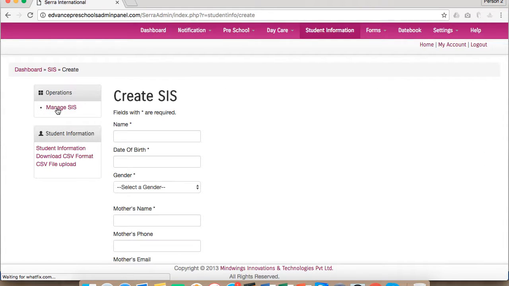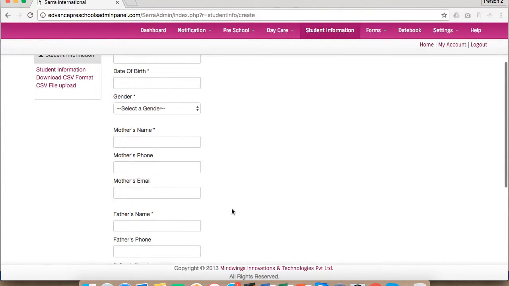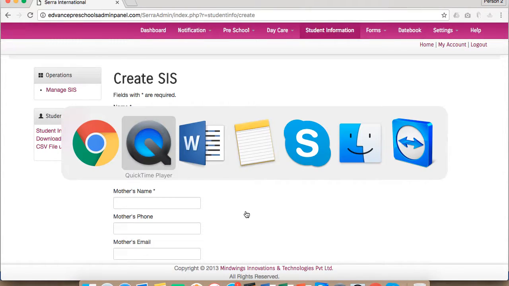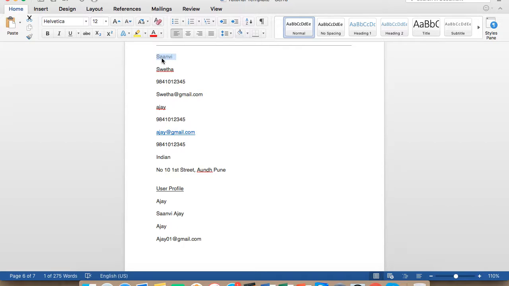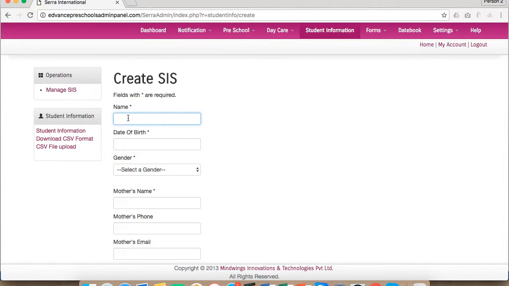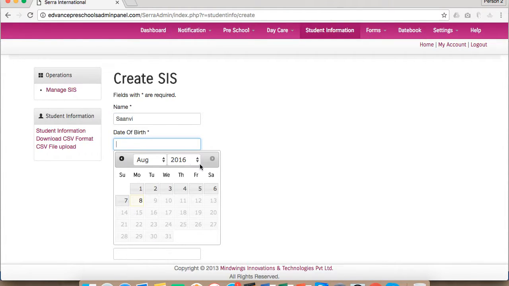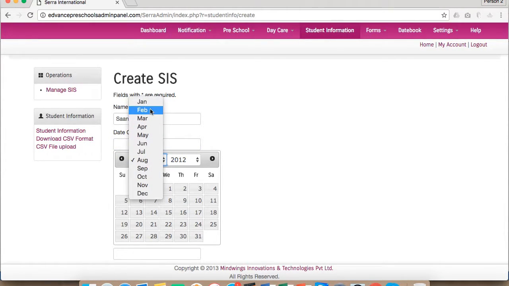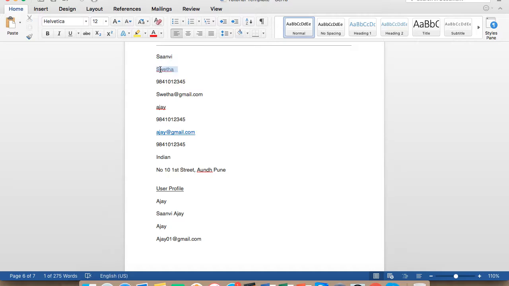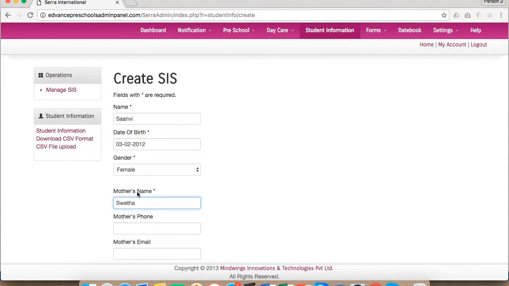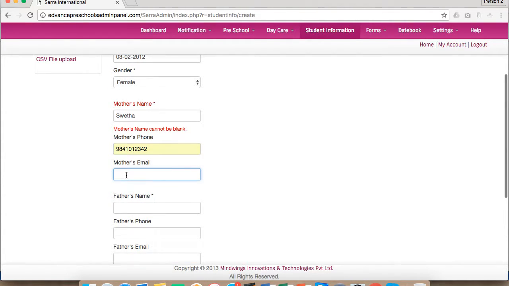Click on this, and you will see the list of fields to be filled up, and for ease of use I am going to copy paste my data. First is student name, and you can select the date of birth, February 3rd 2012. Select the gender, mother's name, mother's phone number, email ID,